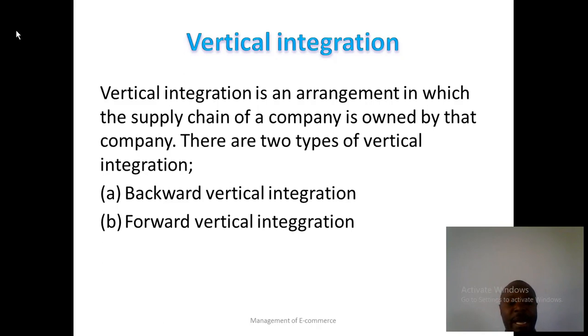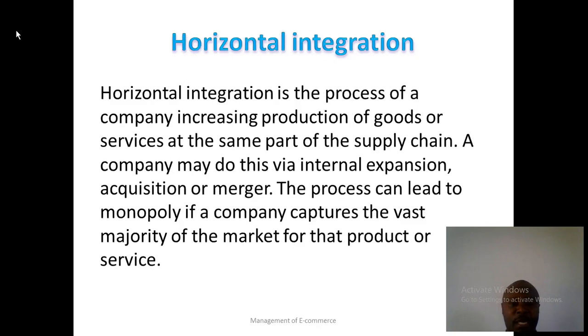The other type of integration is horizontal integration. Horizontal integration is the process of a company increasing production of goods or services at the same part of the supply chain, or we can say at the same level of the supply chain. A company may do this via internal expansion, acquisition, or merger. The process can lead to monopoly if a company captures the vast majority of the market for that product or